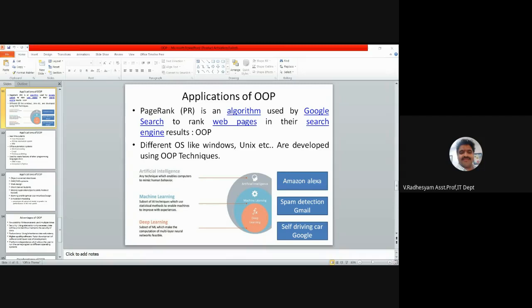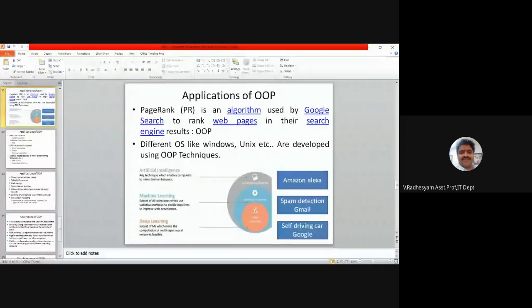I think I have given you the link also. That blog will not be listed in Google as the first web page after typing some Python programming. It depends on the rank of a web page.